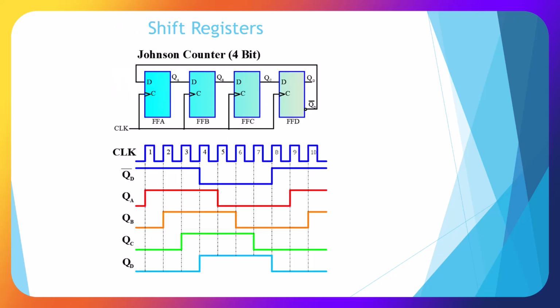Here's another type of shift register we could use. Johnson counters come out of Q bar and we feed it back into data. So we get a pattern which shifts. So we get 4 up, 4 down,